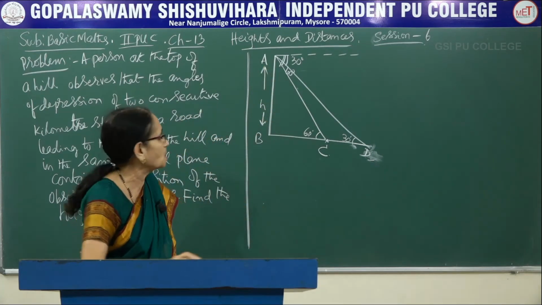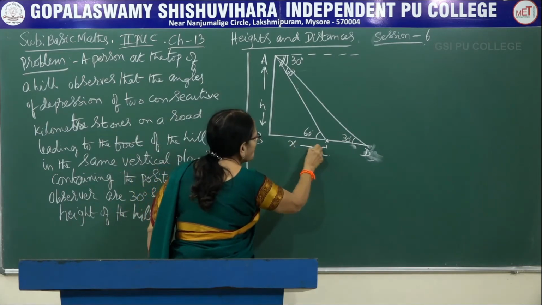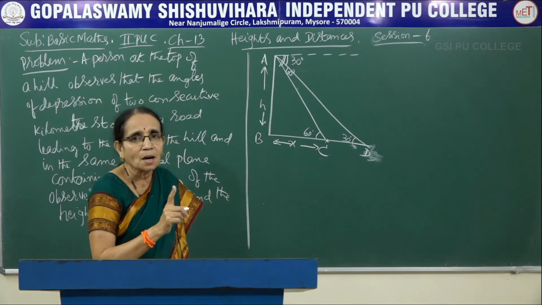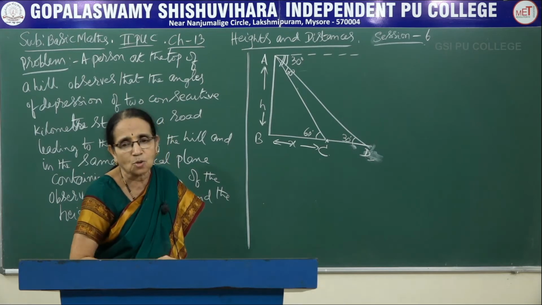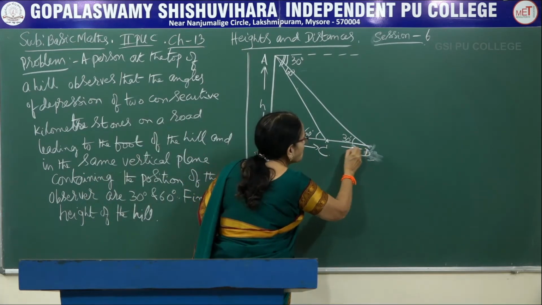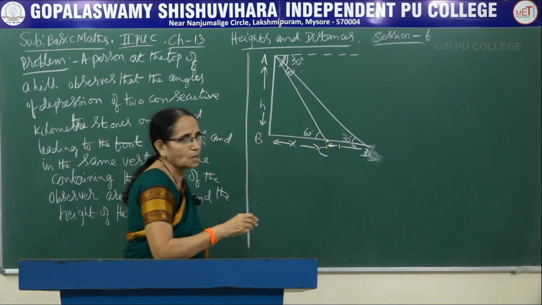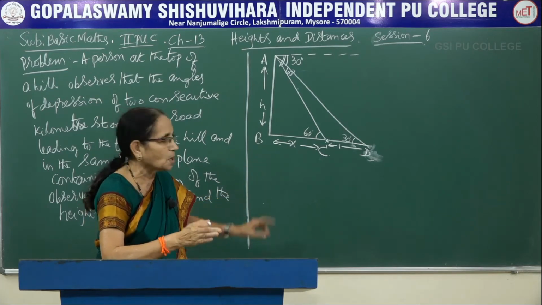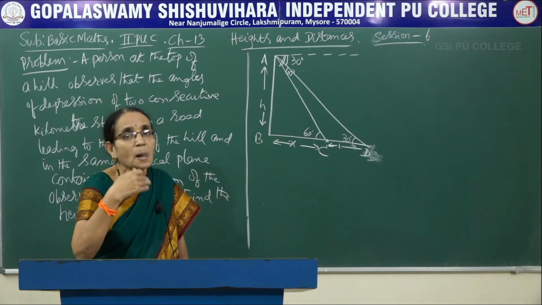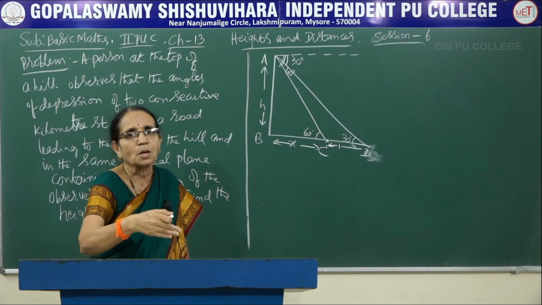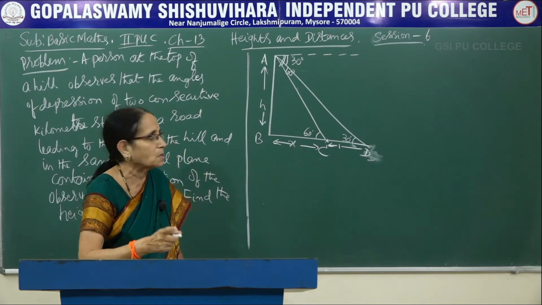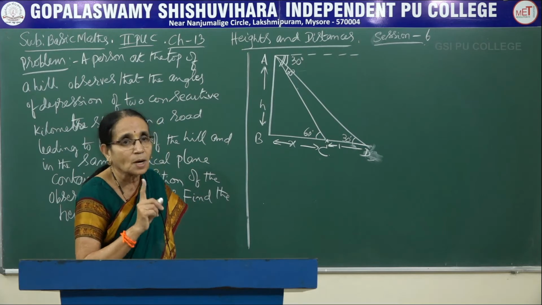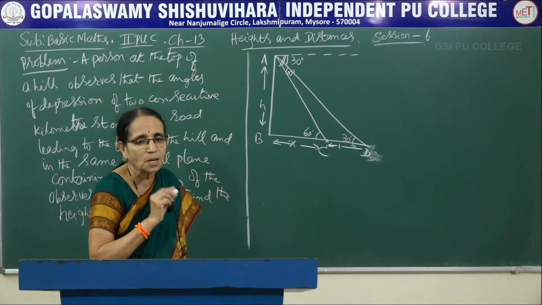Now, what is the other thing that is given? Of course, the distance BC is also not known to us. We are not interested in finding that also. What are C and D? They are two consecutive kilometer stones. So, what would be the distance between them? Consecutive means it is only 1 kilometer. You certainly will observe when we travel, for each kilometer there would be a stone. On that one it would be marked. Suppose we are going from Mysore to Bangalore, the distance 24 kilometer, 25, like that. Consecutive means one after another. So the distance between C and D is 1 kilometer, one I have written there. We have to calculate the height of the hill.